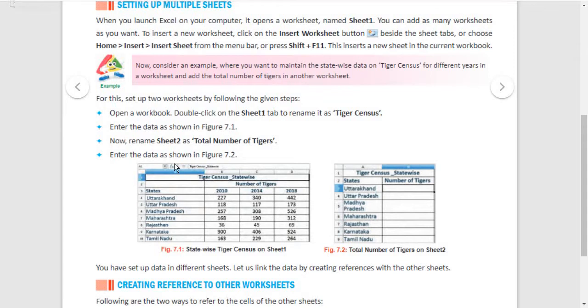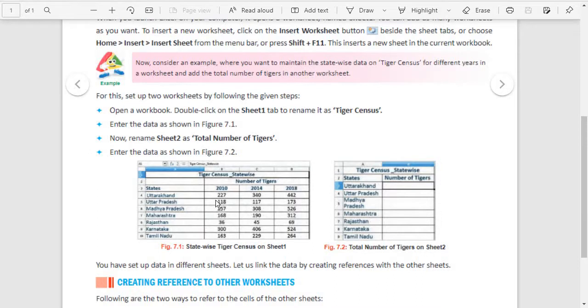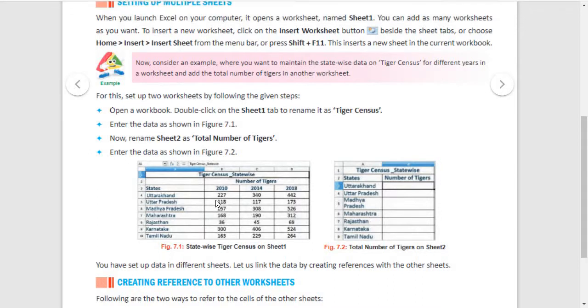Children, see in your textbook, page number 171, they have given 2 images. The first image tells about the tiger census state wise, and they have given some years: 2010, 2014, 2018, and another image is displaying the total number of tigers.